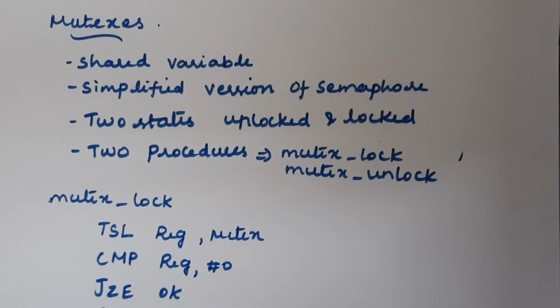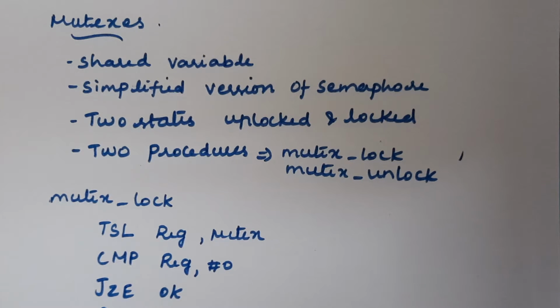And why are we using this mutex? Because it is very easy and efficient. It has been implemented in thread packages. It is highly useful in thread packages, and it can be implemented in user space itself. So we store this kind of variable in user space itself, and it is very useful for thread packages rather than processes. Even in processes we can use it, no problem.